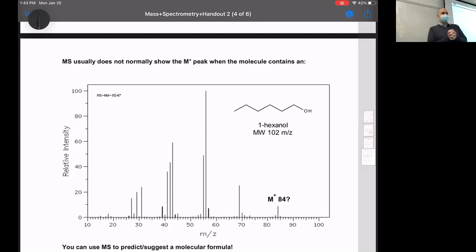So you're far more likely, because it gives you a much more stable product, to have an M-18 from removing water than you are to ever have the molecular ion show up. So that situation where you just remove an electron and you end up with the molecule with a plus charge, it almost never happens when you start with an alcohol because it's just so much more stable to kick off water. And so basically, if you started with an alcohol, mass spec will lie to you and tell you that your mass is 18 lower,